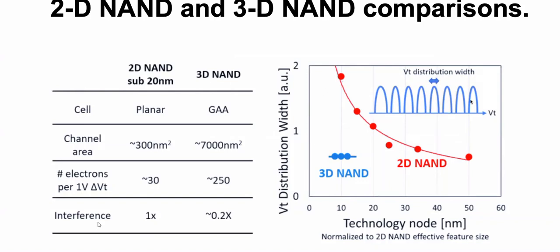here the V threshold distribution was actually pretty large. If you make the 3D NAND, because you're not so stressed in the lateral dimension, you can make the device with a little longer gate length, and you can get much better VT distribution. So you can get much better reliability. So moving from a 2D NAND, which is a lateral NAND, to a 3D NAND, which is vertical, it's a gate all around. The gate, as I showed you before,